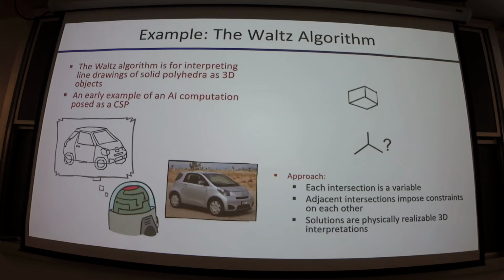Okay, here's another example, the Waltz algorithm. So this is from early computer vision work. If you take some line drawing, we want some 3D realizable structure that correlates to what that line drawing looks like, one that doesn't look like some Escher drawing, right? So if you look at this corner here, that consists of the 3 lines, or this cube here, that can be coming out, or it can be an internal corner, right? There's nothing specifying that in the drawing.